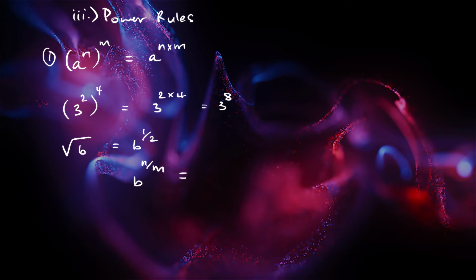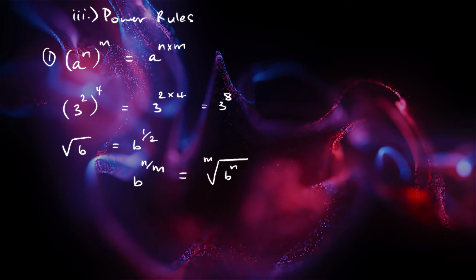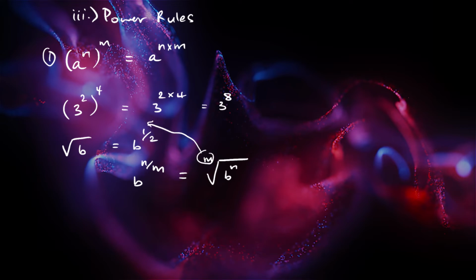As a result, what we're saying is if we change these numbers here to n over m, so now if I had b to the power of n over m, this is the same as the mth root of b to the n. So a bit confusing here. Essentially m is the same as 1 in this case,